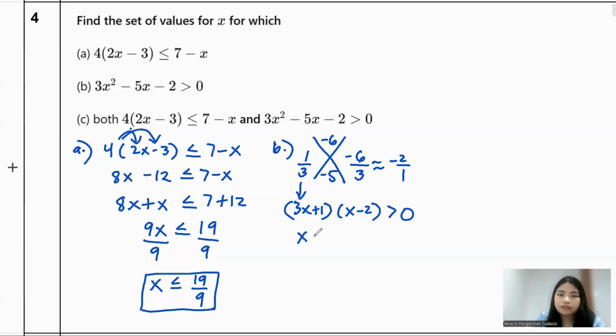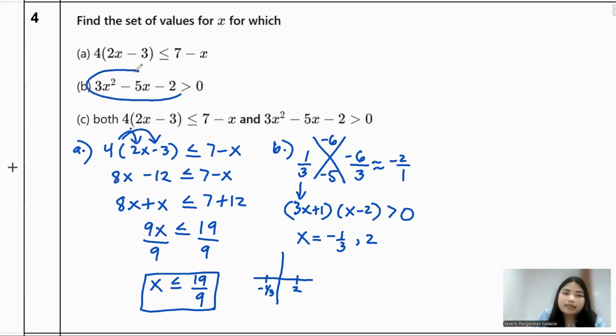And then you're going to do the same thing we did on number 3. I'm going to write now my x's, which is negative 1/3, and the other one will be positive 2. But again, this is not yet done. I want you to draw so you can visualize things. My positive 2 is around here. My negative 1/3 is probably around here. My parabola is positive 3 here. Take a look at the very first one with the x squared. It's positive, so it's opening upward.